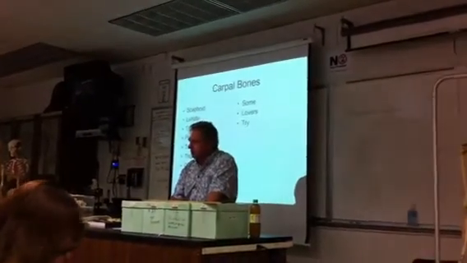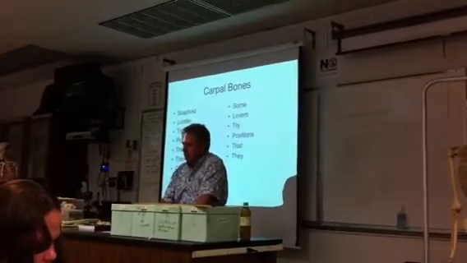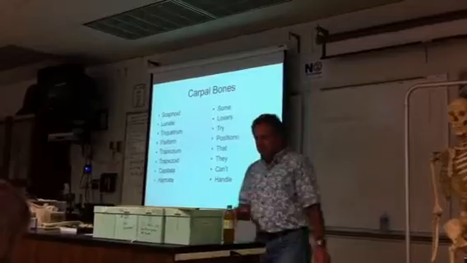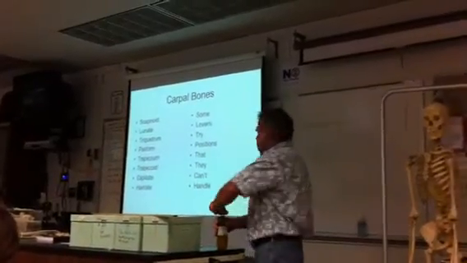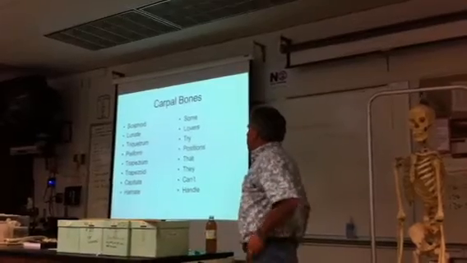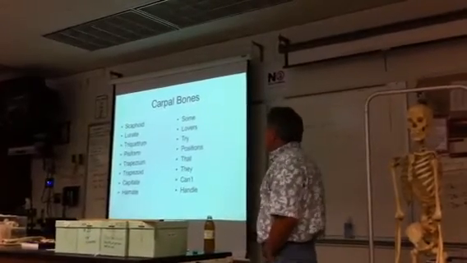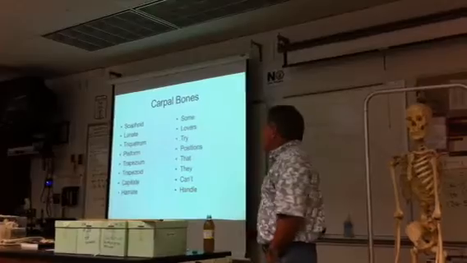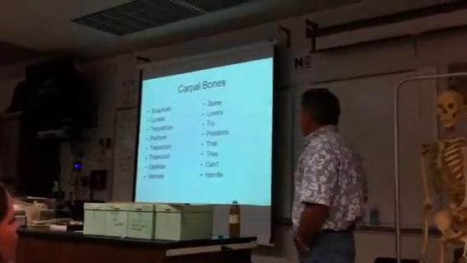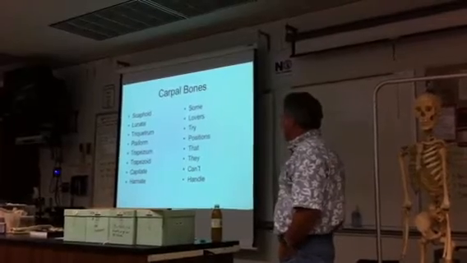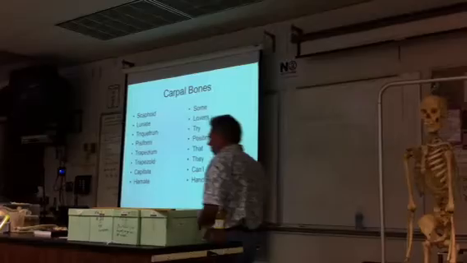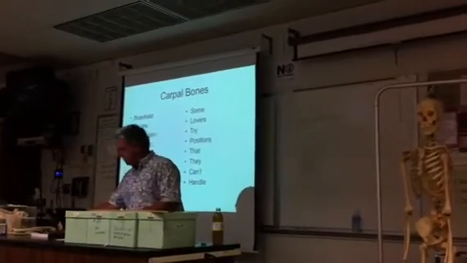I didn't make this up. This is in the book. There you go. It's in the textbook. Scaphoid, lunate, triquetrum, pisiform, trapezium, trapezoid, capitate, and hamate. The 3 that I like you guys to be able to find of the carpal bones, and I test on, are the scaphoid and the lunate, because the scaphoid and the lunate, I think, really, this hand